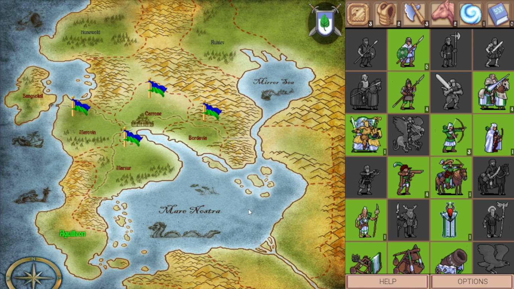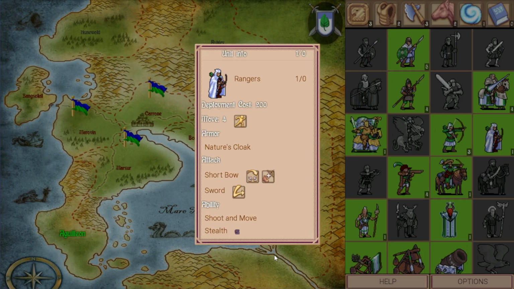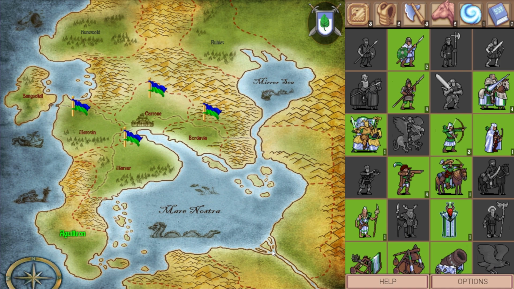But yeah, that is it for me, guys. Thank you so much. In the next one, we can probably show off a little bit more of the shaman, even though there isn't really that much to show off. It's just kind of a buff unit, and then we can do the ranger as well in the next playthrough. But yep, that's it,